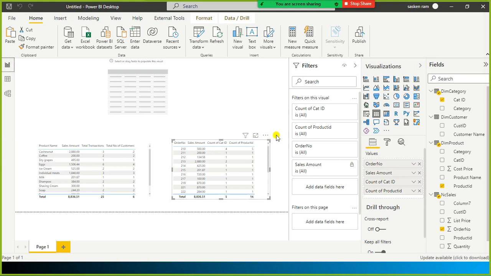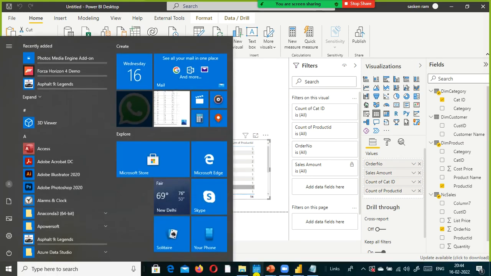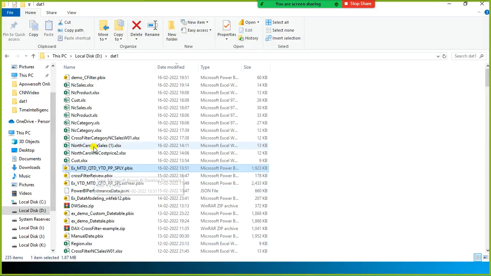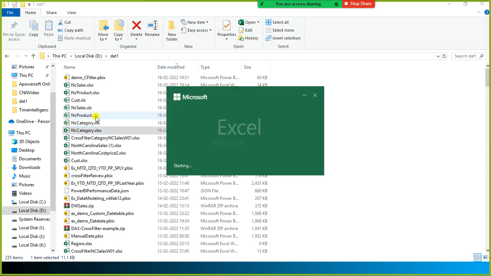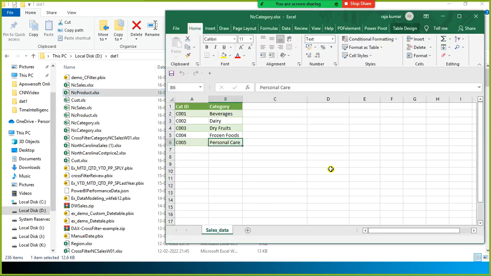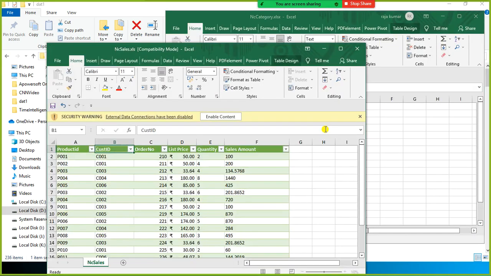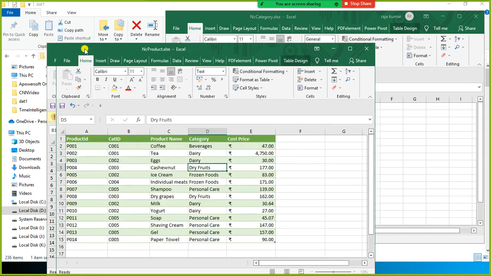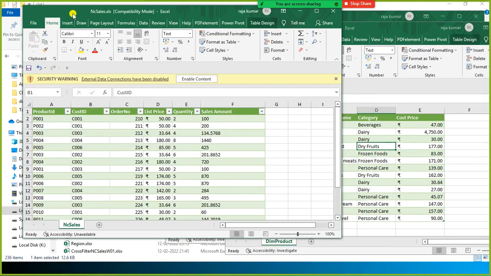Now if I do this, it is doing a perfect job. So we can see how many products we ordered in each order. Better, I'm going to check my data file here. I open this one and this one, and the product. Since we have a small amount of data, we can analyze it in a pretty fast manner.